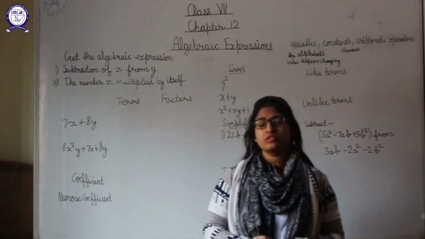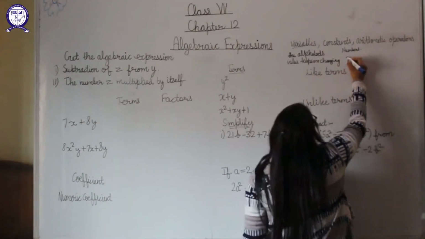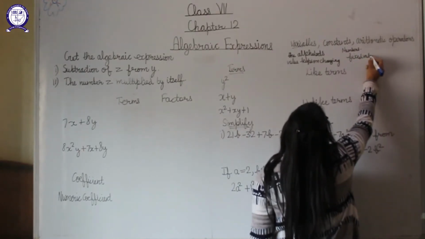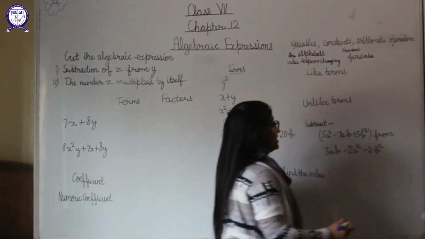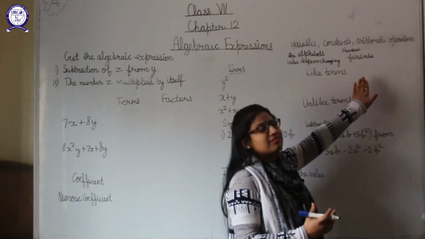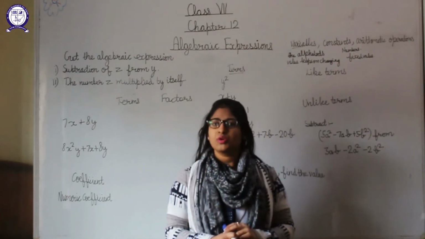Why are these called constants? Because they have a fixed value. Okay, fixed value. Why fixed value? If I say 5 to you, then it means 5 only. It doesn't have any other meaning, right? Means 5 has its fixed value 5, so it's called a constant. Like this, all the numbers are constants.